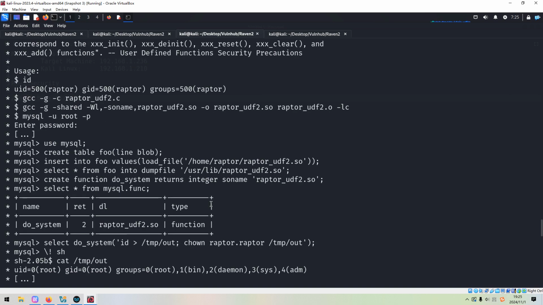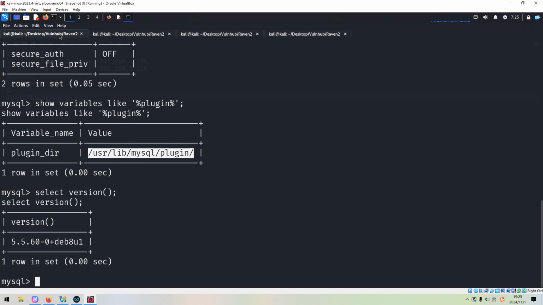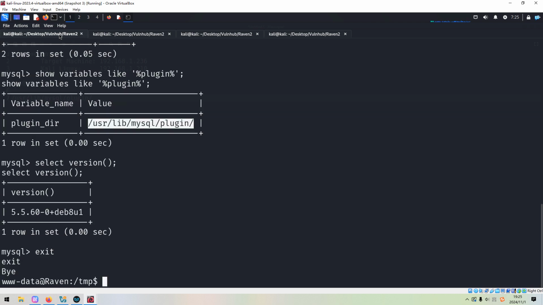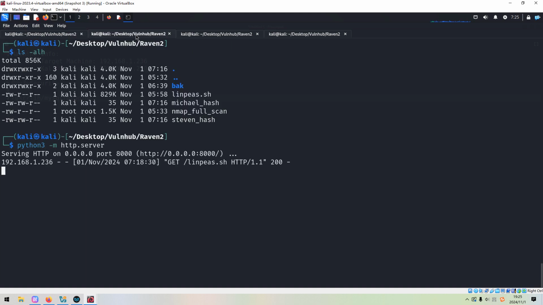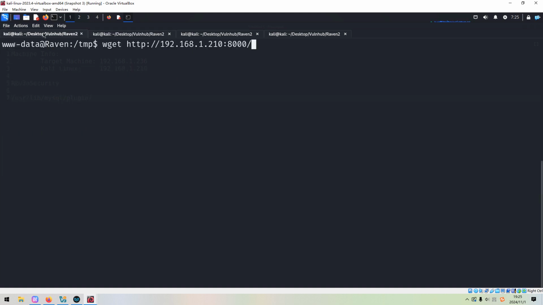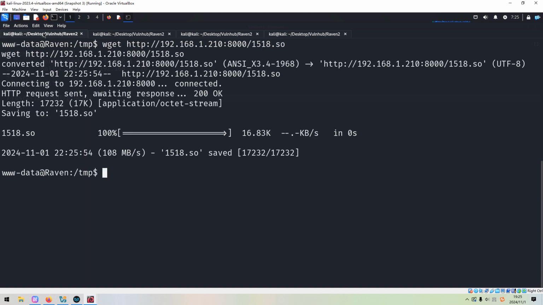Okay, first of all we need to exit from the MySQL, and then we can use wget. So the web server has started. It's done.